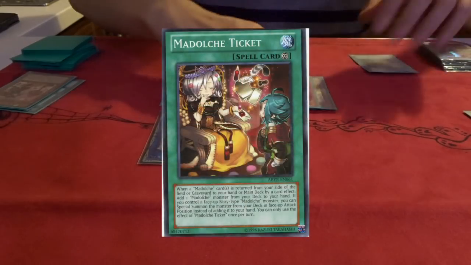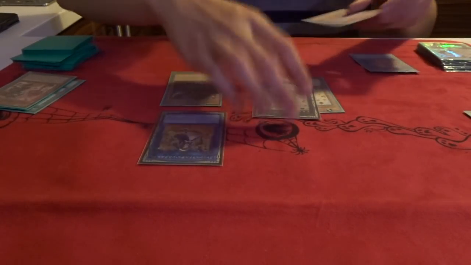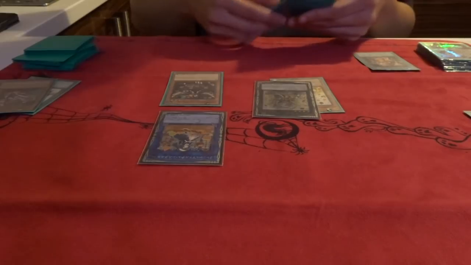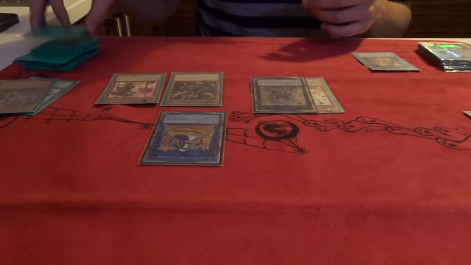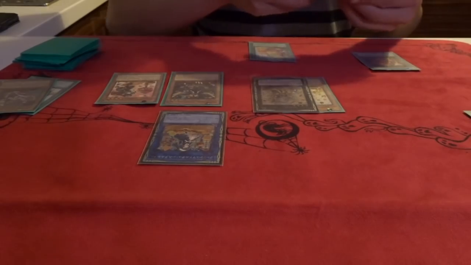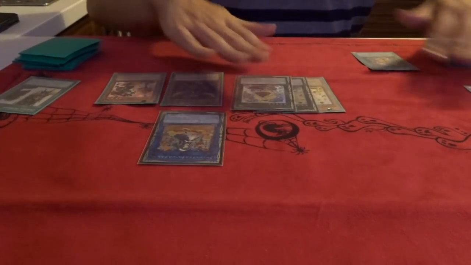Okay, now Ticket. Detach one of these Puddingcesses and shuffle in 2 of their cards. Proccing Ticket again. Oh sorry, proccing the Ticket for the first time. Searching Messengalato effect, search Chateau. Now we can go ahead and overlay into a la mode. Chateau. And then